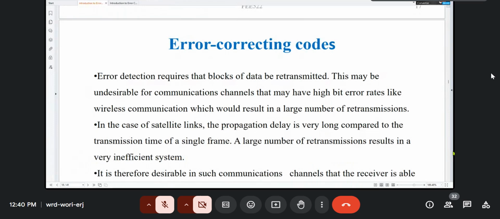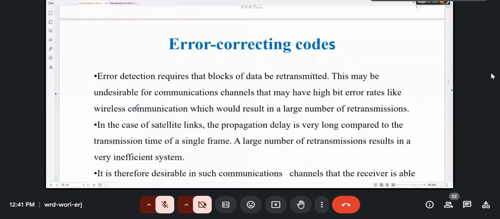It is better that you add enough redundancy such that the error is corrected at the receiver. Otherwise, you risk having a lot of retransmissions whenever there's an error. So for systems like wireless systems, because of interference by other wireless transmissions, we normally prefer to use error correcting codes. Satellites, we prefer again error correcting codes, and mainly, apart from the probability of errors,